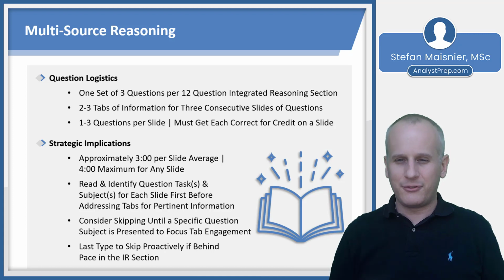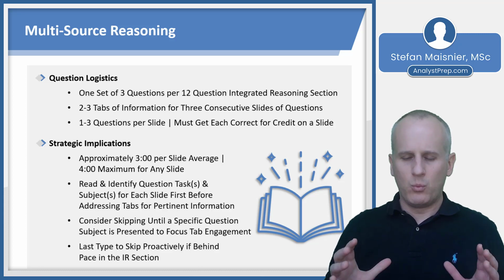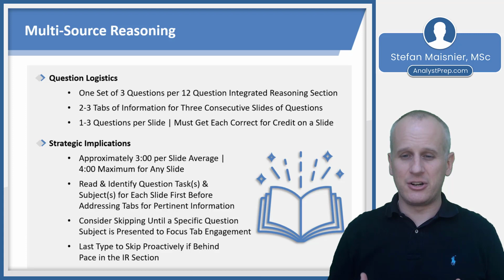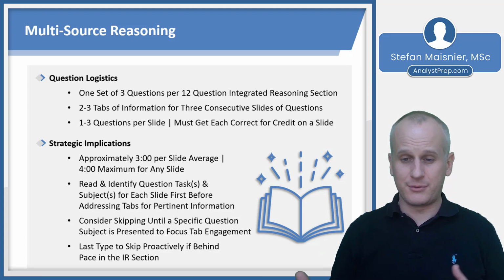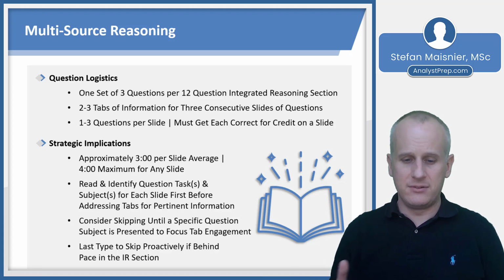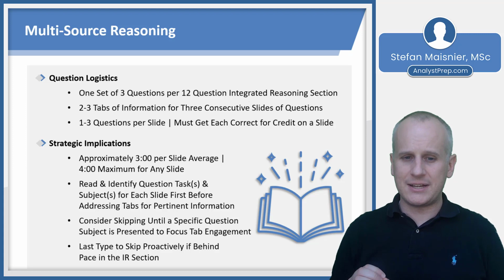And of course, just like reading comprehension, you don't want to skip the multi-source reasoning questions when you encounter them, because it's fully a quarter of your entire section score as far as the multi-source reasoning goes. 3 out of 12 is 1/4 of the questions on the section. So it's too important to skip and kind of guess. So don't guess this if you're behind pace, but do recognize that whichever section the multi-source reasoning is in will